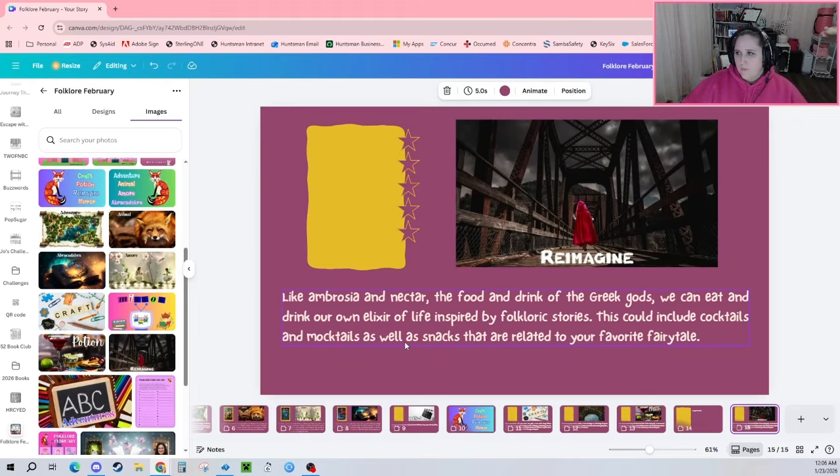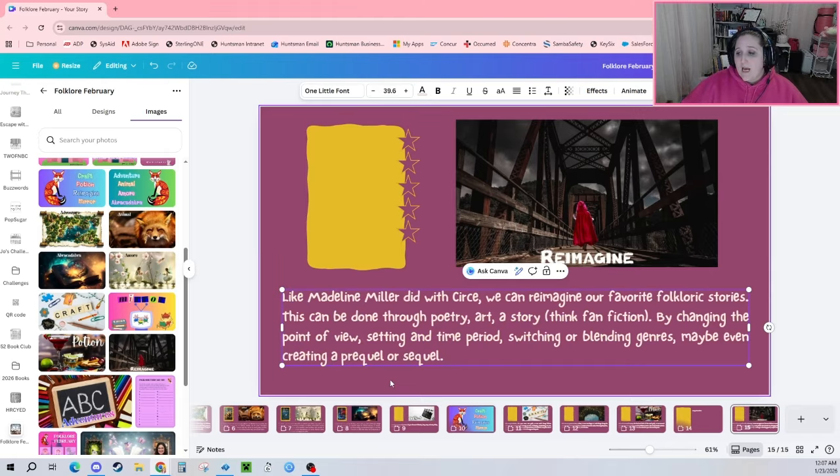I don't necessarily know that this is... Oh, I forgot that I need to add the word mirror. I'll go back and fix that in a minute. Reimagine here. This is the hardest one for me, and I am probably going to do a book